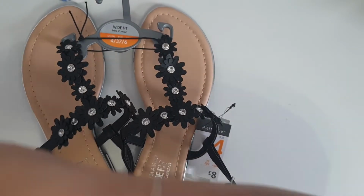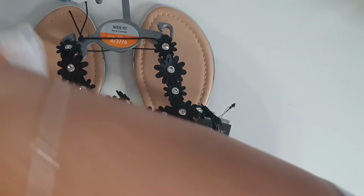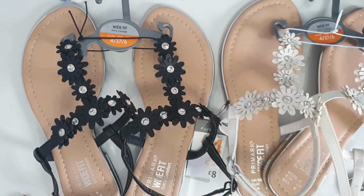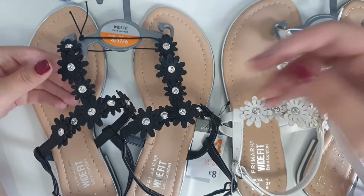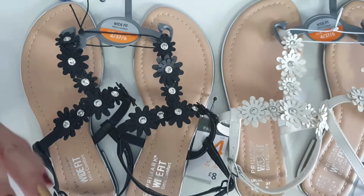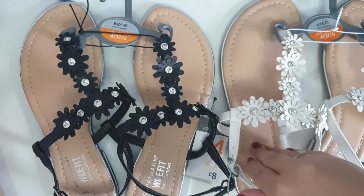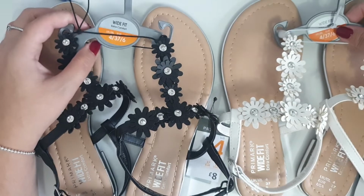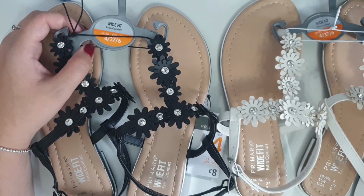And I picked up some new ones. So I picked up 2 of these. They did have a third colour, like a rose gold, which was beautiful, but they didn't have my size, so maybe that was a good thing. Otherwise I probably would have bought all 3. I've got some with flowers on, and they're so pretty, and they're from Primark, and I just find Primark sandals just unbelievably comfy. They're just the perfect fit, and these are wide fit ones,